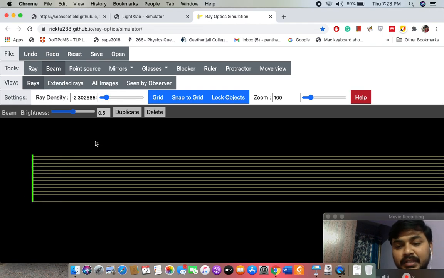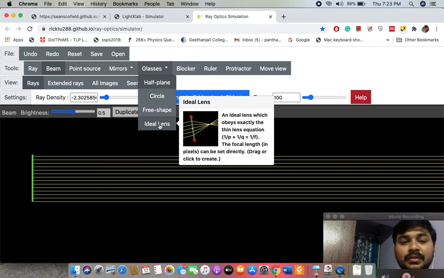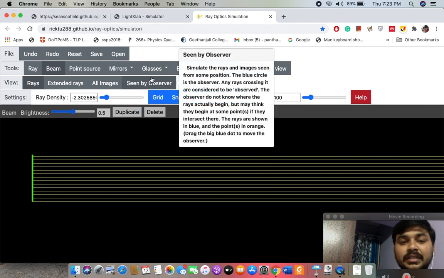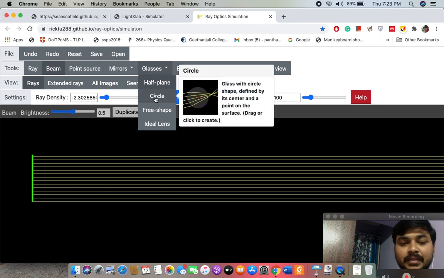After producing the beam, if you want to insert a glass, a mirror, or an optical shape, which means a convex lens, concave lens or a simple glass slab, you can just go to the glasses. Here they are showing this type of shapes are available.